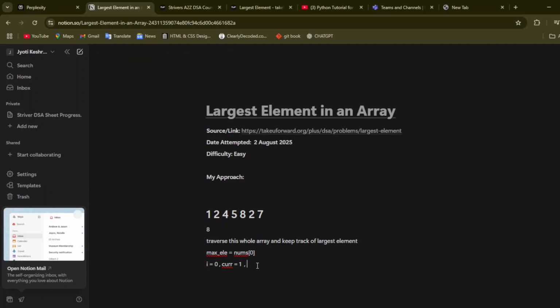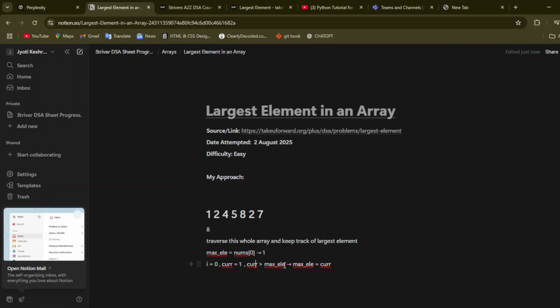And we will compare: if my current is greater than max element, then in max element, put the current value. So as you can see, the max element is 1, and the current is also 1. Is current greater than max element?